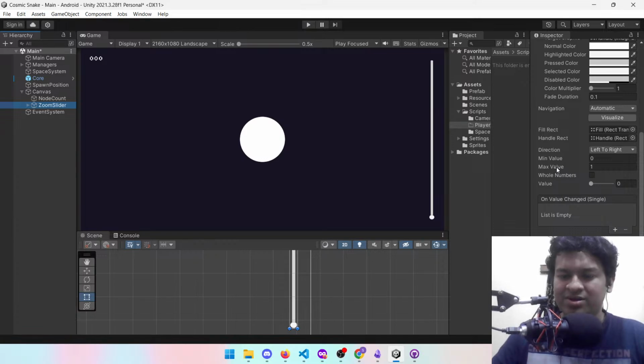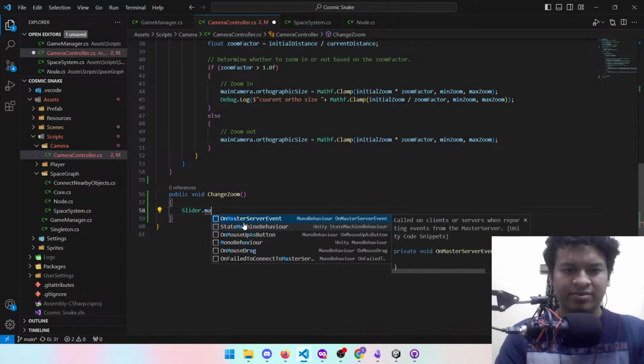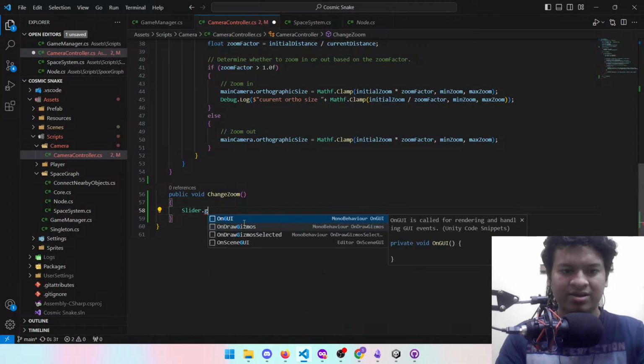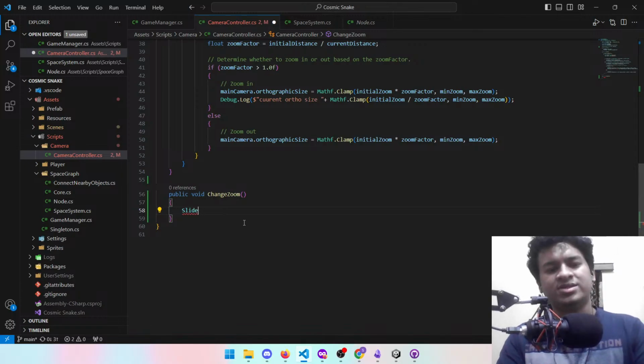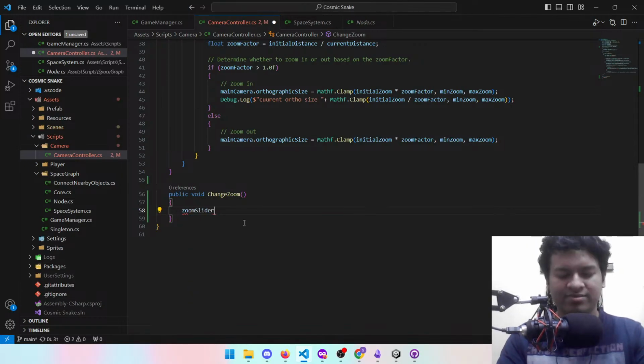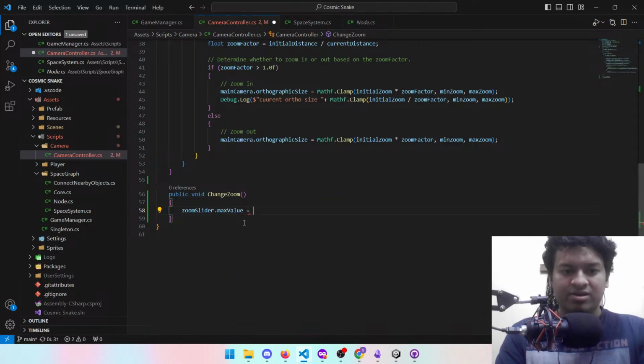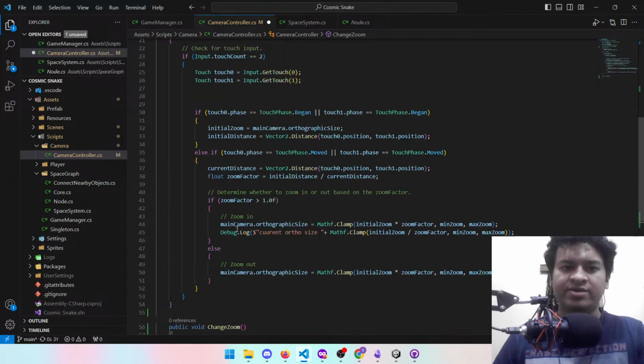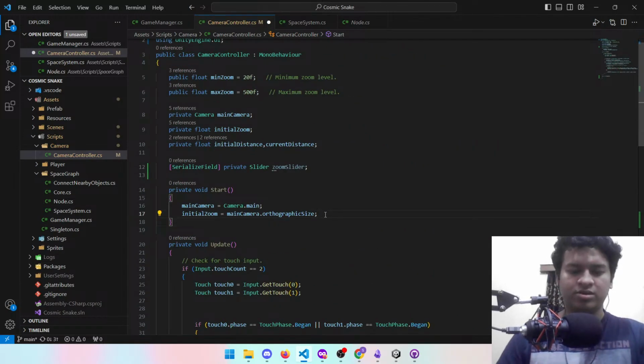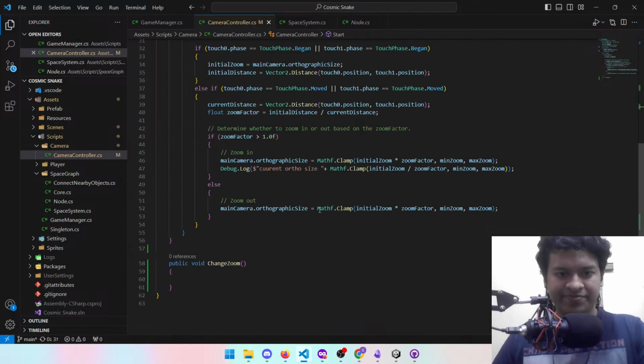Max value. I was writing max. How did I get it? Max. Get. Oh, because this is... Okay. That was the class, not the... Now I can get the thing. So, yeah. This doesn't need to happen every time. We can do this in start. And anytime change zone happens,